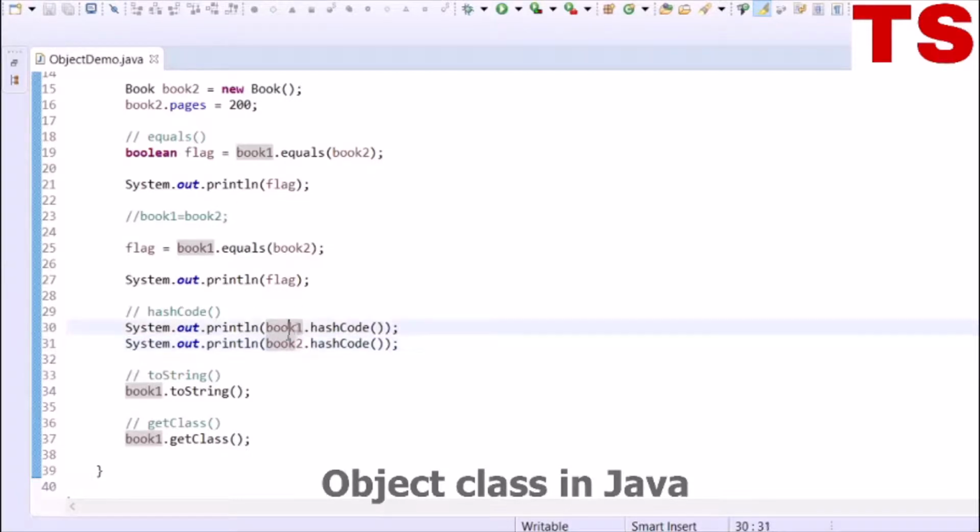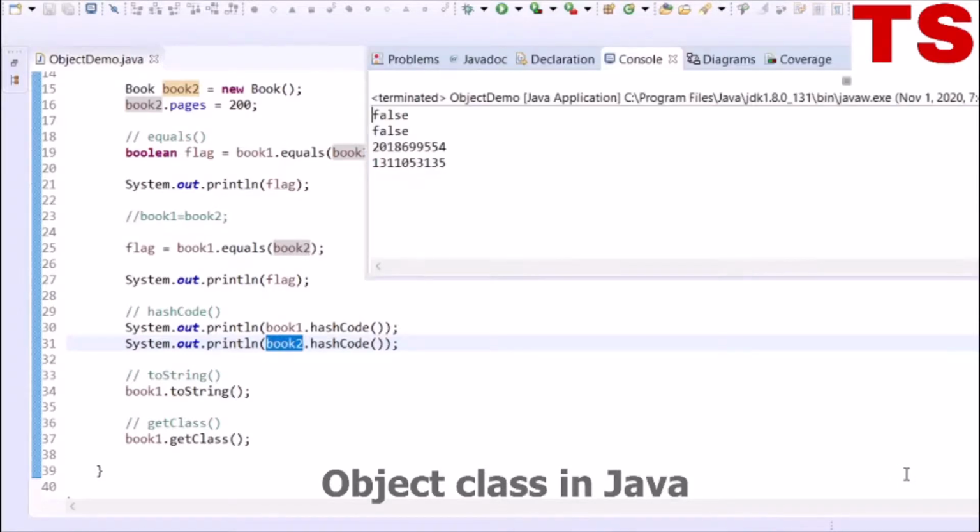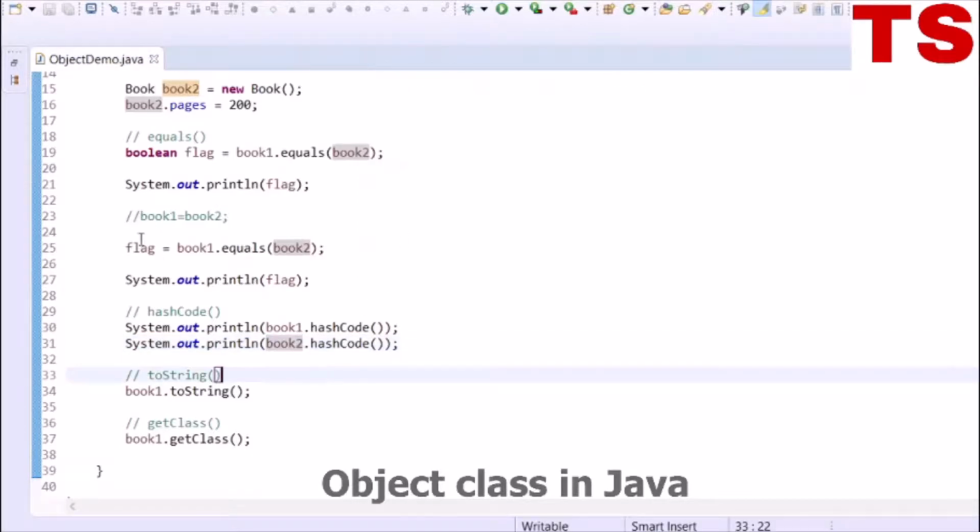Now in this case, book1 and book2 are referring to two different objects, and the hash code of these two statements should be different as shown in the output. Now let's make book1 and book2 point to the same object.